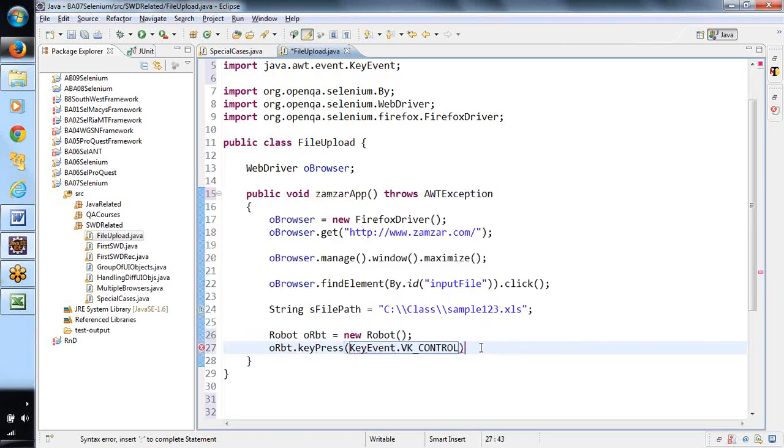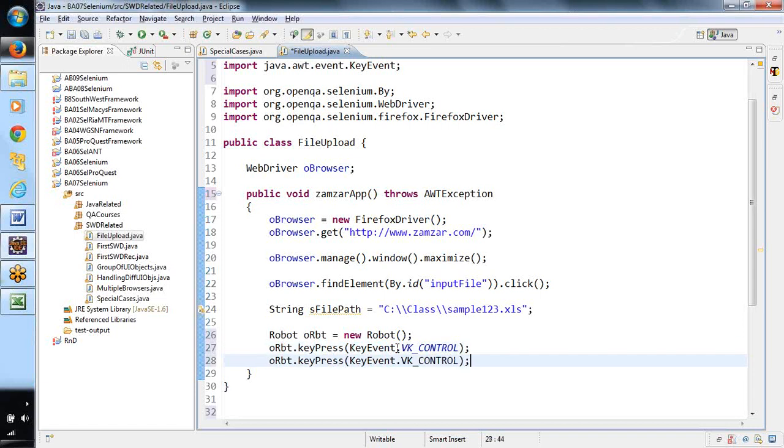Now first we will be pressing Control. Just imagine on your keyboard, first you would be pressing the Control button, and then you are going to press the V button. Now see here, I am pressing the Control button and then the V button over here. Once we press Control V on our keyboard, are we going to hold it for a while, or are we going to release it? Once we press Control and V, we will be releasing those buttons, right? We will not hold it, right?